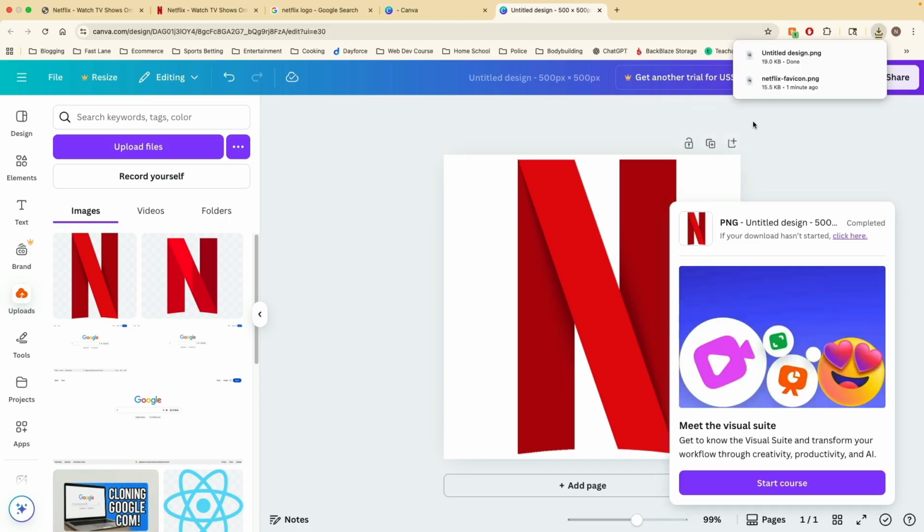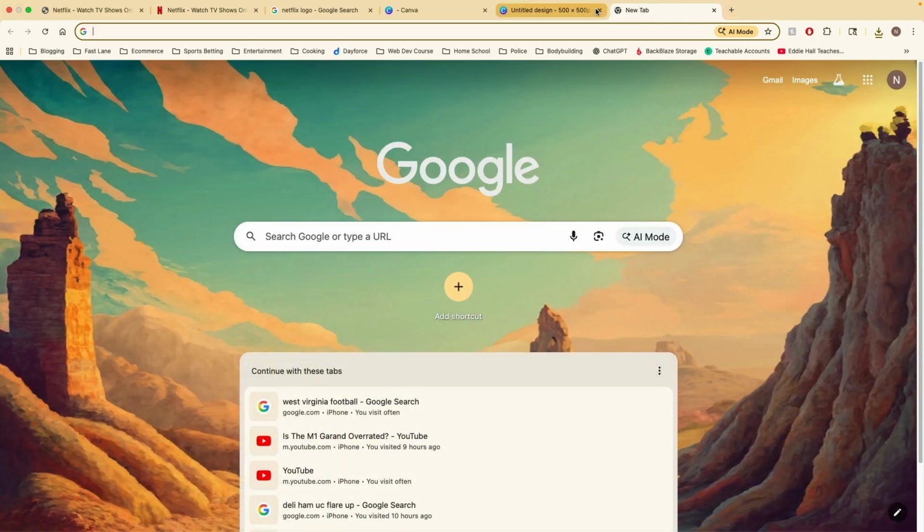It's going to come out as untitled design PNG. So you can rename that if you want. On my other screen here, I'm just going to rename it Netflix Favicon sized. And then I'm going to go to another website because now we've got to remove the white background so it's transparent. So let's go to another website called